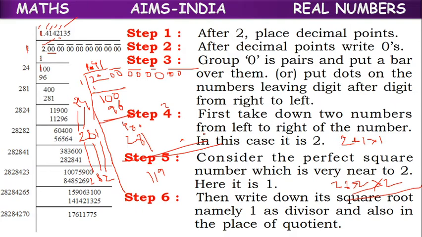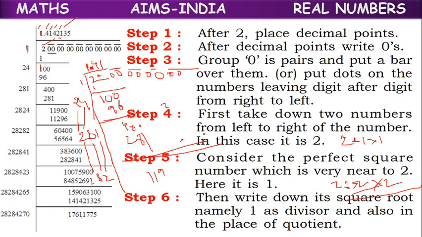But here, what do you observe? The division is going on continuously. It is non-terminating, but it is not repeating also. So the value of root 2, actually 2 is a rational number, but root 2 is not a rational number. Why? Its value is not repeating, not terminating.